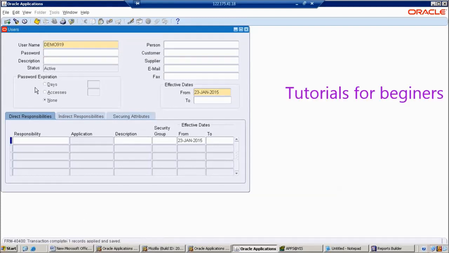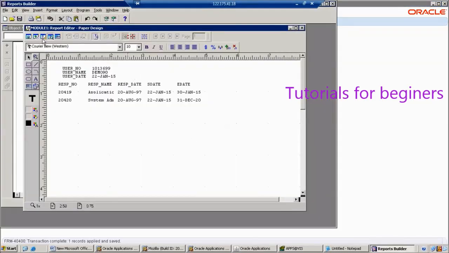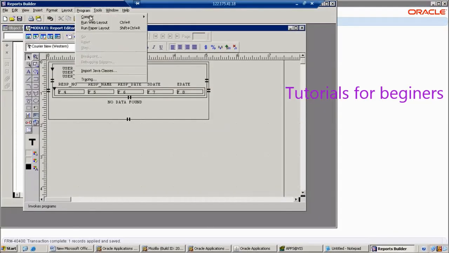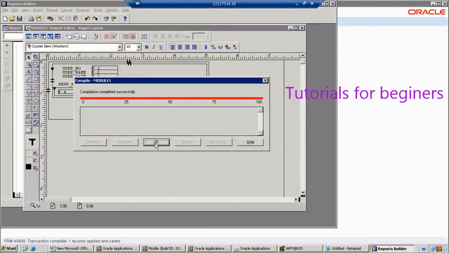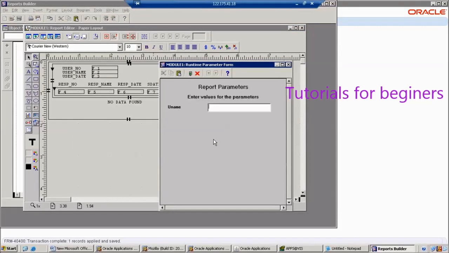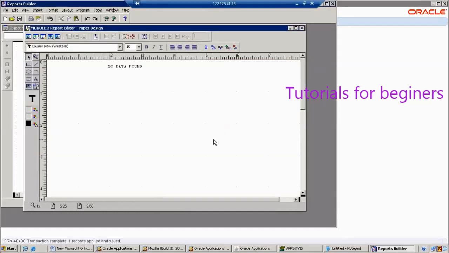Once the user is created, now we are going to run the report. It is permanently saved in our database. Now I want to run our report. Again compile it, run it. Demo 919. No data. So observe this one.